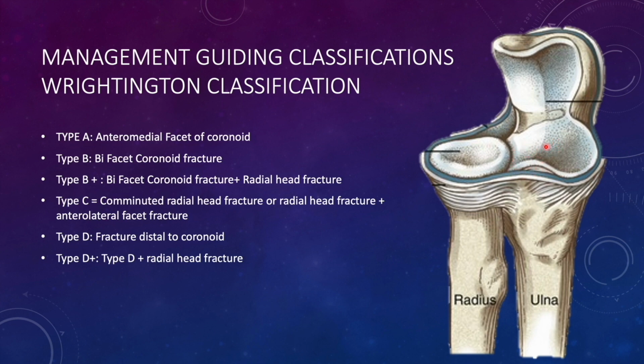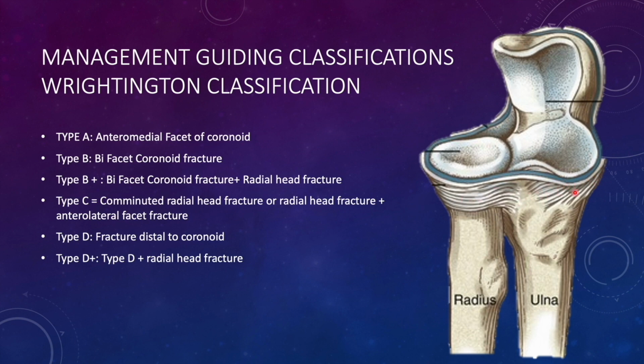But there is no fracture of the anteromedial facet. So it is purely injury of this region. So here also you have to fix the radial head minimum, and the anterolateral facet which is fractured can be left. In type D, there is a fracture which is distal to the coronoid, and it can be fixed routinely